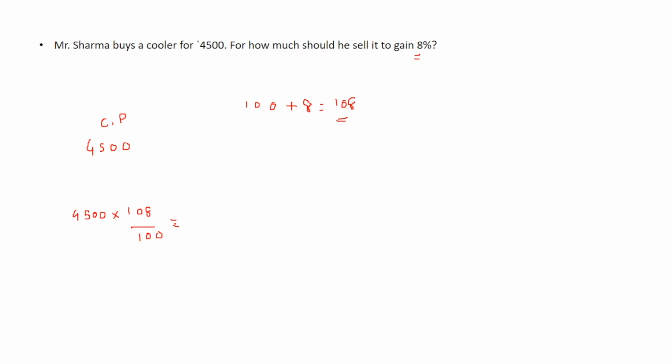Now you can solve this. This can be cut out, this can be cut. 54 by 50, right? Again you can cut it. 27 by 25. So ahead you can cut it with this one, 45, and you will get the answer. So the price that comes out to be 4860 rupees. So this will be the selling price of the product in order to gain how much profit? 8% profit. Okay, simple question.